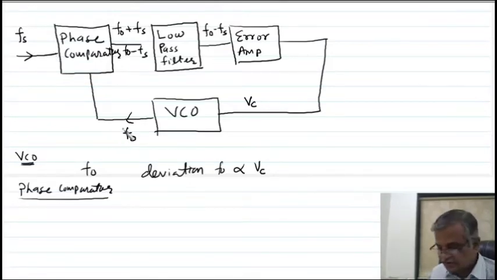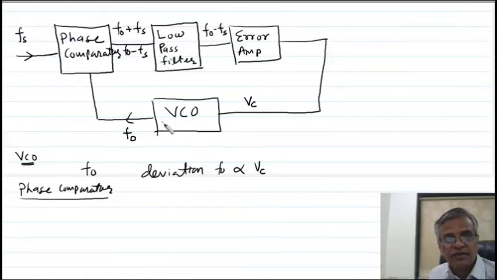See carefully here. Initially the frequency is FO. When it starts comparing, you will get FO minus Fs at the output of the low pass filter. It is amplified, and this VC changes the frequency FO now. So you can say this signal is in a capture range, and at every cycle this frequency changes, and this VC tries to reduce the difference between the incoming frequency and frequency FO.